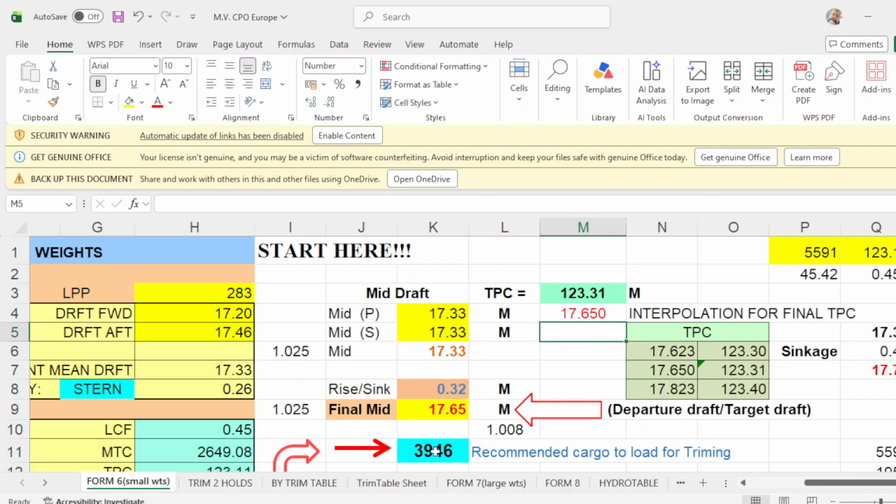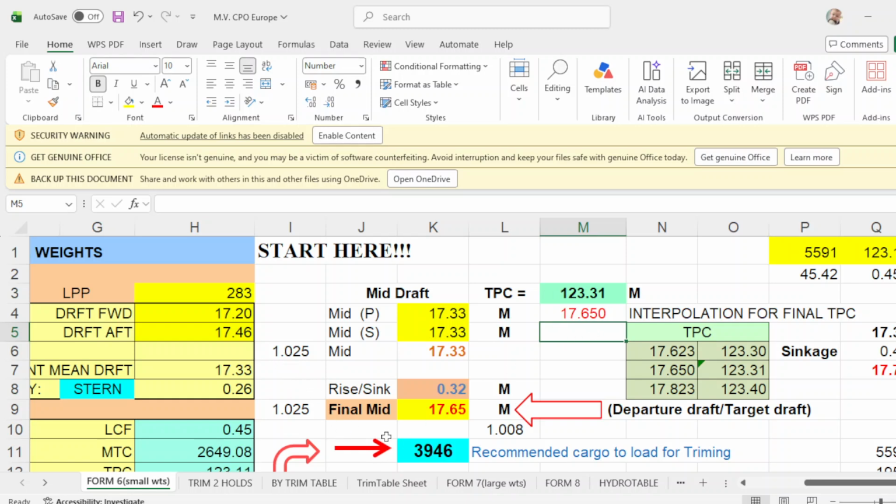Okay. So your departure mid drop is 17.65. So with your departure drop of 17.65, you interpolate the TPC. So the interpolation of your departure drop, the TPC should be 123.31, which is this one, okay? With a drop of 17.65.